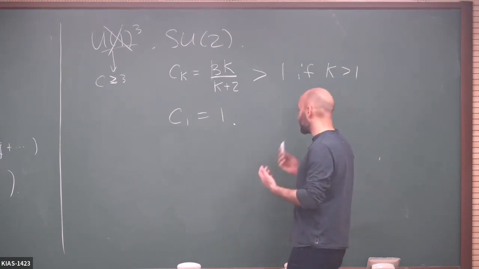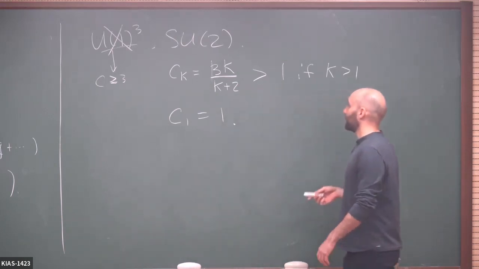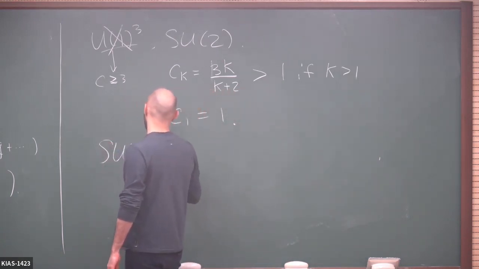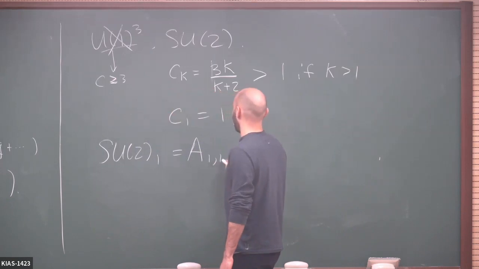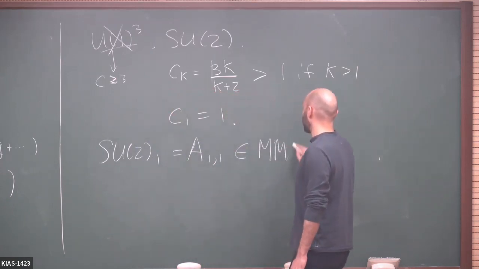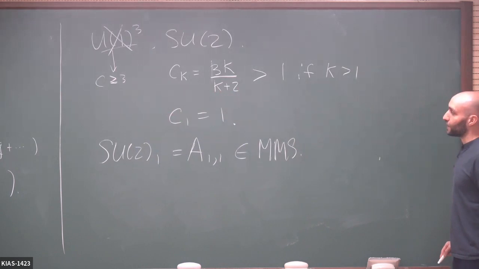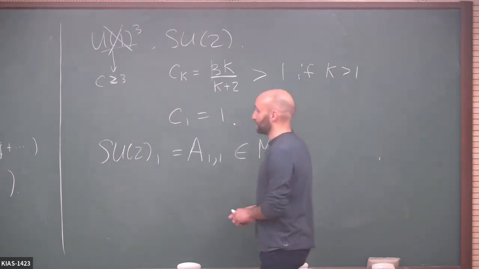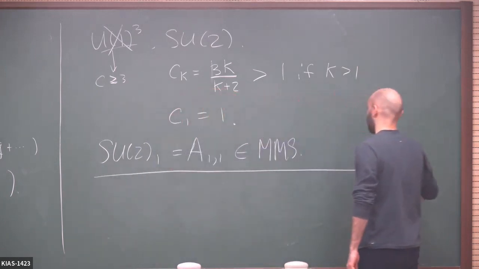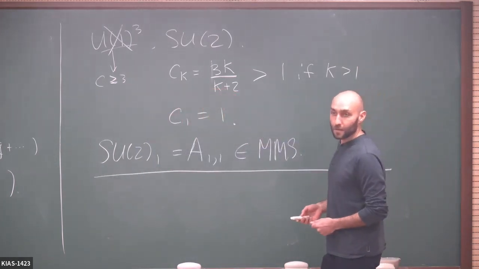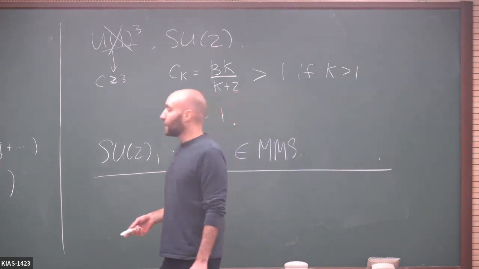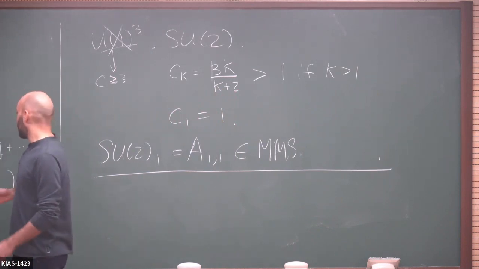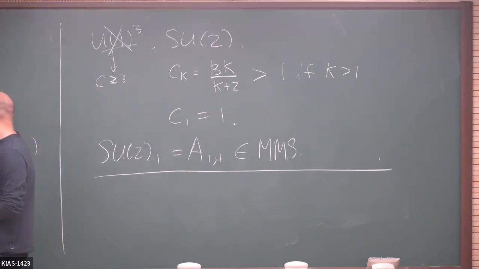And using just a little bit more thinking, you can prove that this implies that SU2 at level 1, or as I was calling it earlier, A11, which is one of these MMS theories, is the unique theory with central charge 1. But you first need to prove that that's the unique character. Yeah, you have to prove that this is a unique character, but that's easy to do. So the way that you do that is that